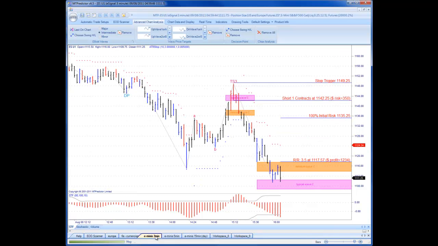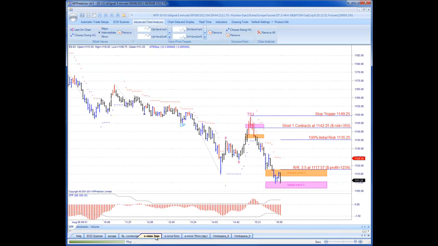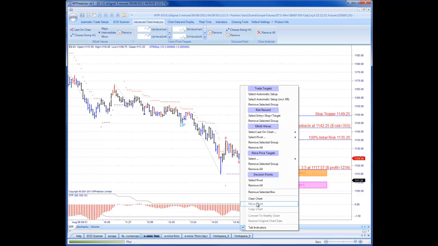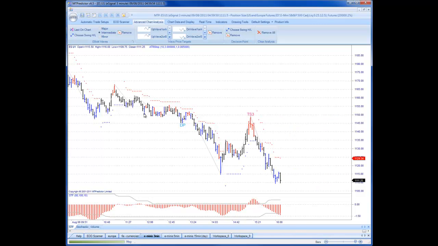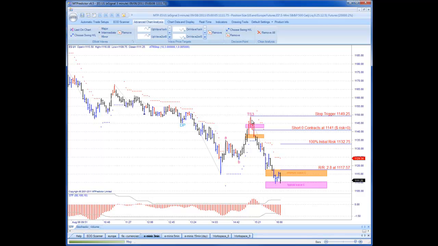Let's have a look at the next one. This is on the ES, which is the E-mini. You can see I've already placed the analysis on here, so I'll just clear that off. Again, remember, we're not taking the buy setups because our STF indicator is red, therefore indicating a downtrend, so no buy setups. We're just looking at the sell setups. And again, the ES had a lovely trade towards the end of the day with also a plus 2.8R trade,